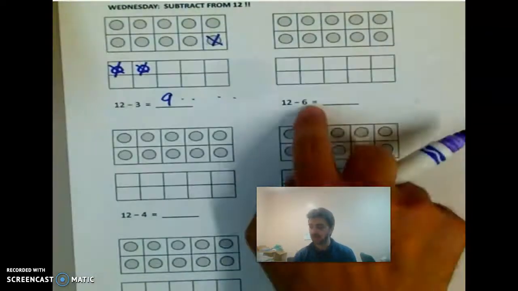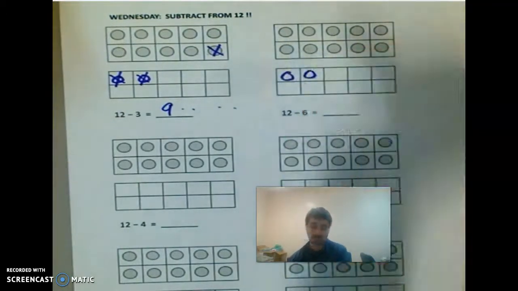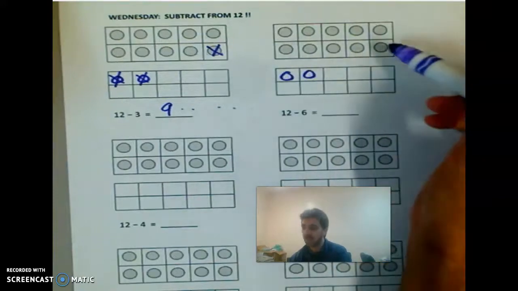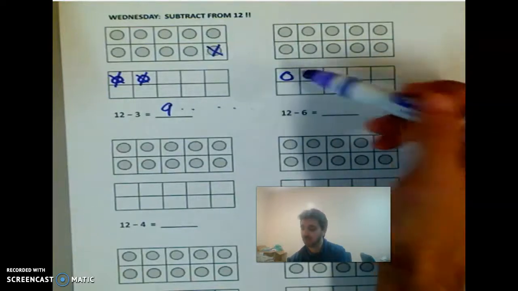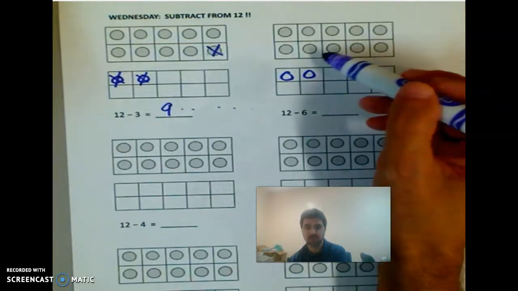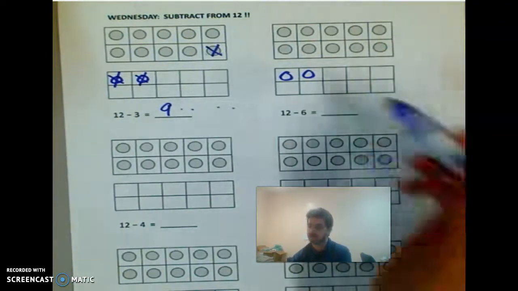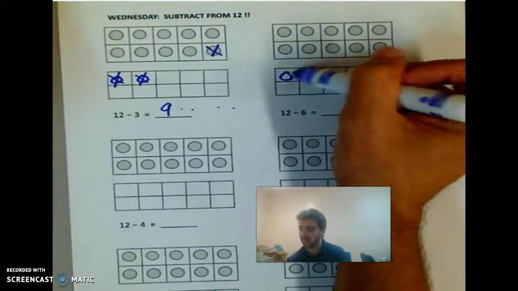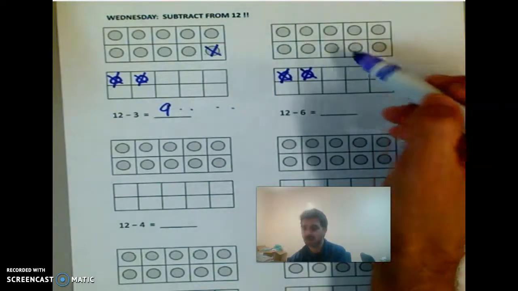Like in this problem where you have to subtract 6, if you have 12 balloons and you cross off 2 of them, now you have 10, but you still have to subtract 4 more, because 2 and 4 make 6. Does that make sense? So if I was subtracting 6, I would get rid of these 2. Now I'm at 10, but I still have to subtract 3, 4,